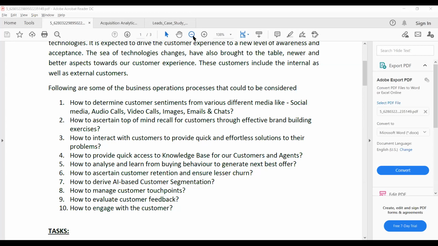Guys, please join as soon as possible so that we can start. It's already 11, and then we can have 2 hours of break, and then we can start from 2 to 5.